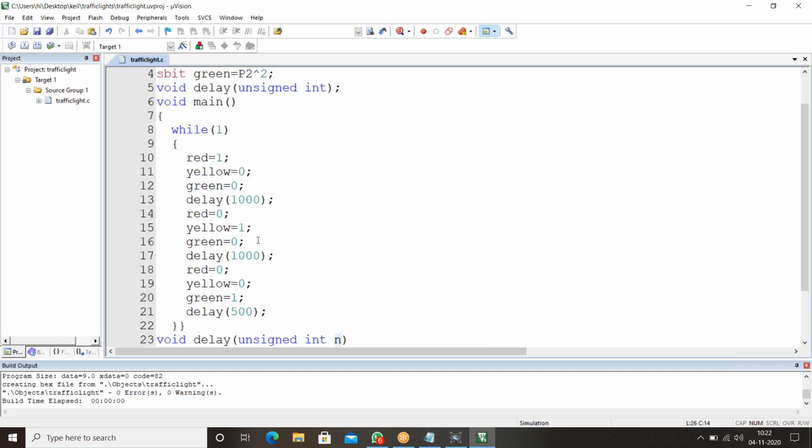That is the reason we are giving one particular delay: for red 1000 microseconds, for yellow 1000 microseconds, and for green 500 microseconds. If you want to change it to 2000, that's okay.